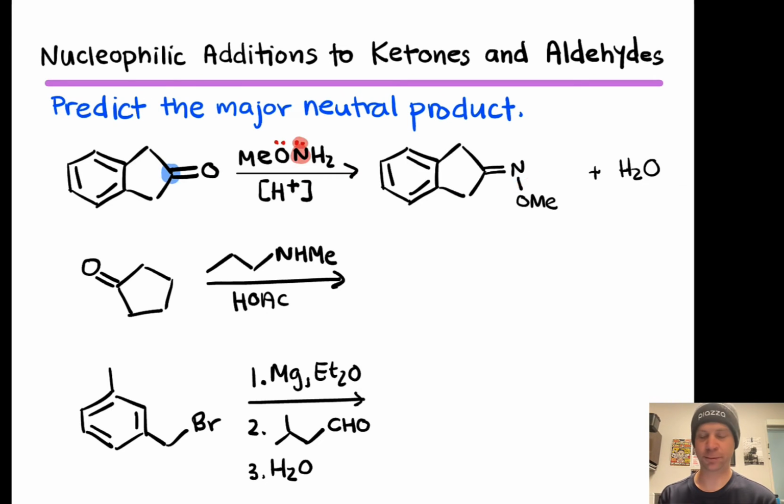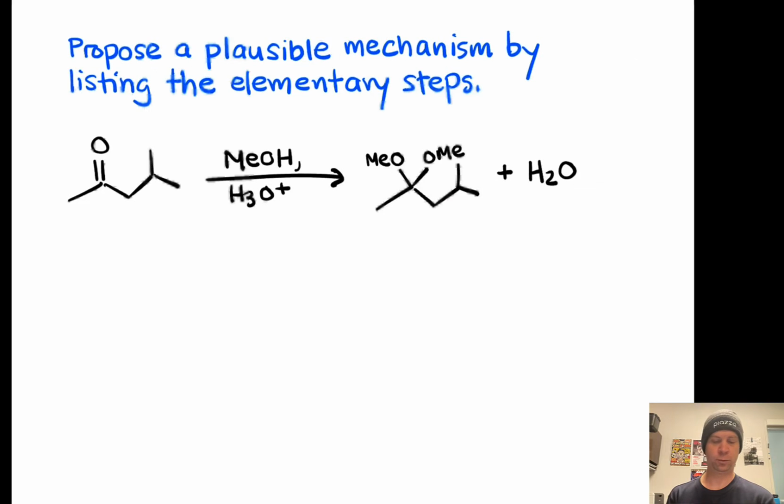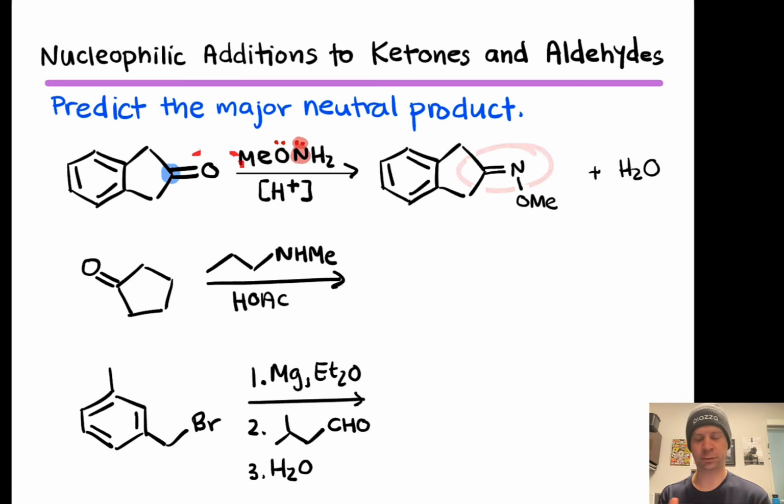There's a methoxy group connected to the nitrogen, but the overall process is really just an imine formation, the formation of a carbon-nitrogen double bond where there was a carbon-oxygen double bond in the original reactant. Okay, in the second case, we again have an electrophilic ketone in which the carbonyl carbon is electrophilic, and here